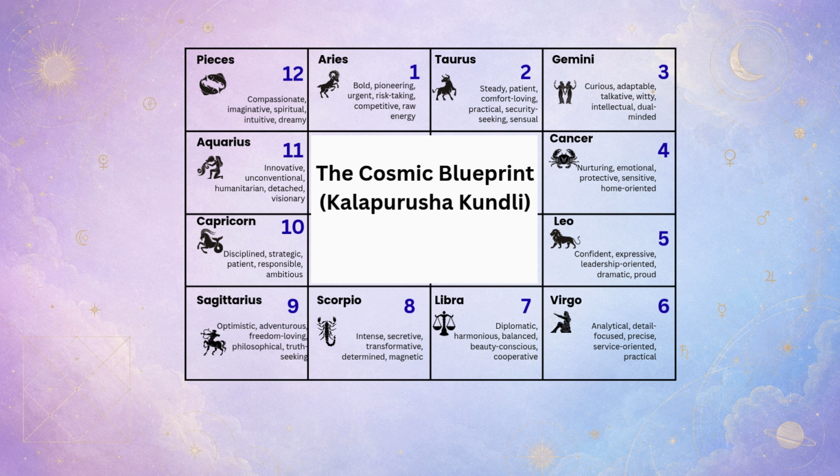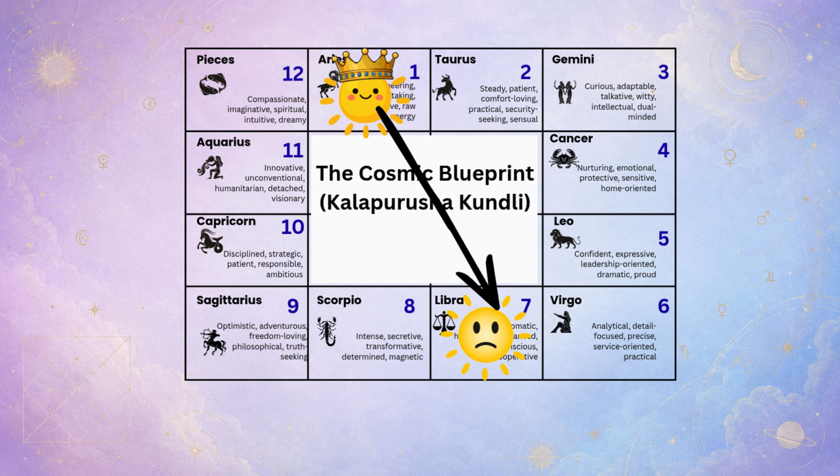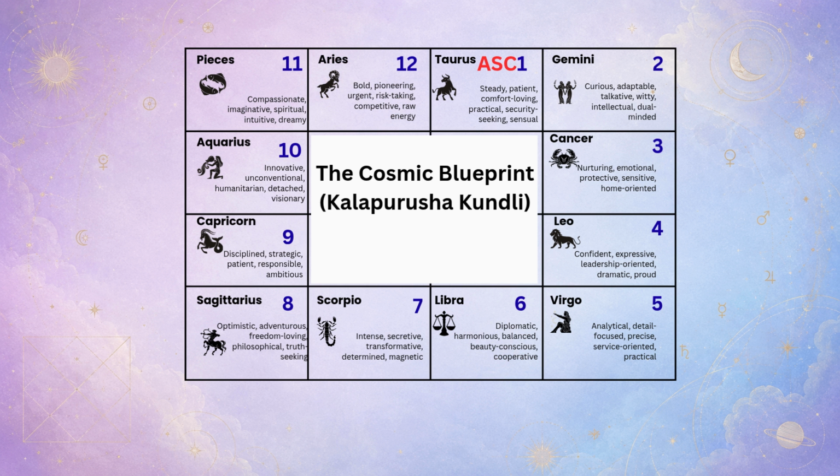The qualities of a planet can also be easily analyzed using the qualities of the sign it is placed. For instance, Sun gets exalted in Aries and debilitated in the opposite sign of Libra. The South Indian chart makes this relationship visually clear. The signs remain fixed as the underlying blueprint, while the house numbers change from chart to chart, making it personal